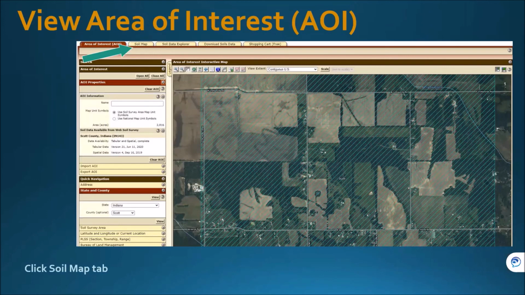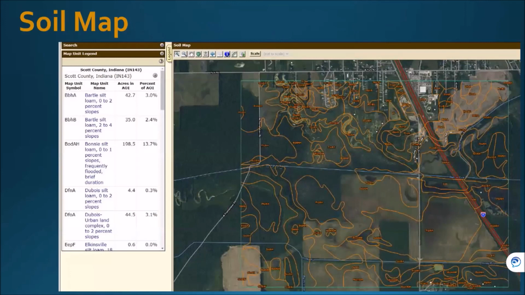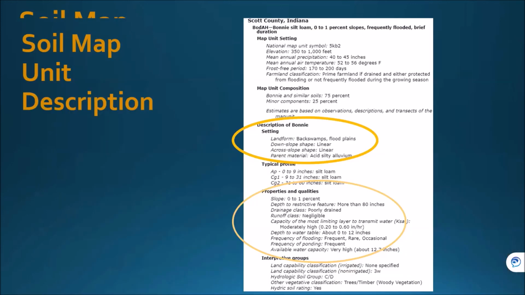Main thing is just kind of keeping an eye on all of the different tabs. There's lots of them to keep a lookout for. But once you define an area of interest, that's when those green hash marks will come up. You want to go and click on your soil map tab at the top. And then that will bring up the area that you were interested in. And then off to the side is the map unit legend. There is the name of the map units, and the blue ones are hyperlinked. So if you click on one of those, next slide,